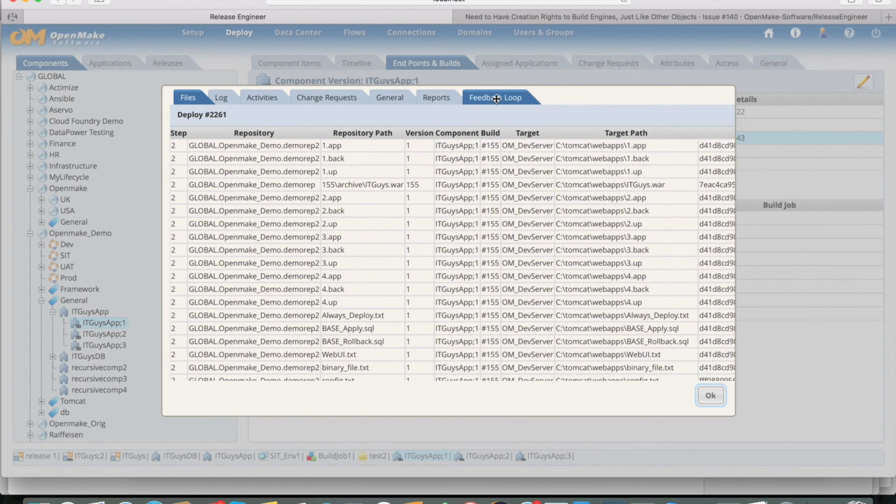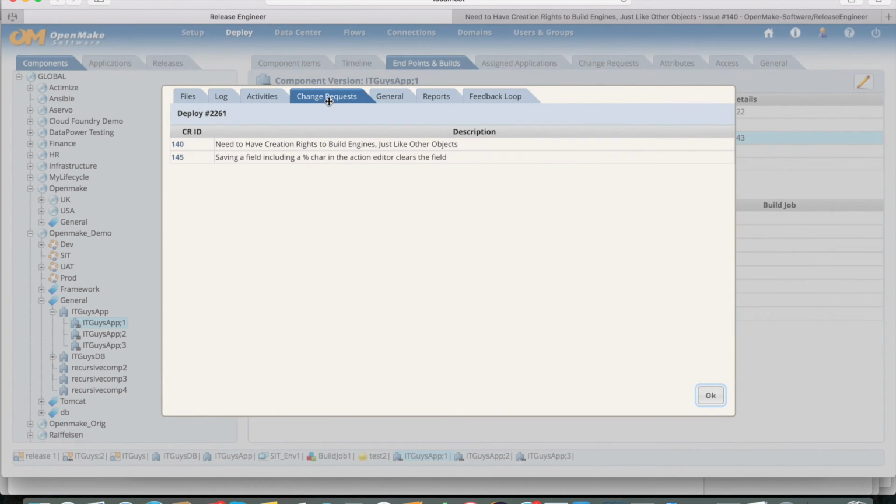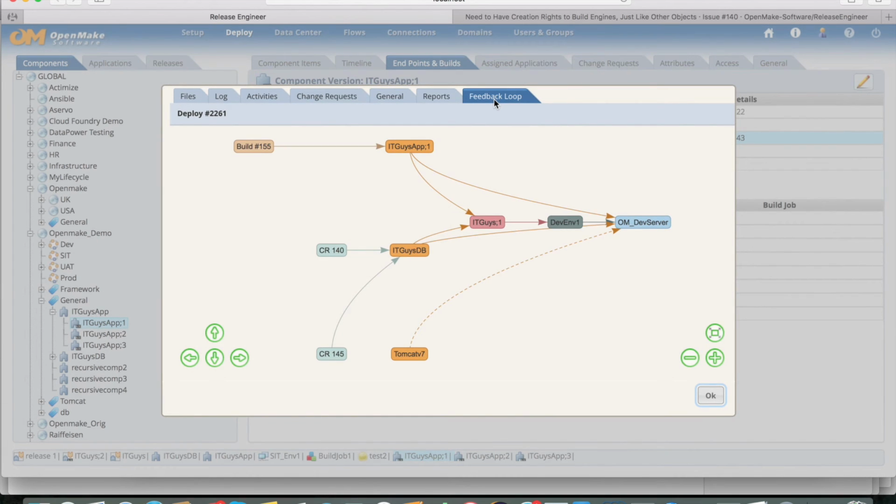but we've also added a feedback loop onto this, and change requests. So the change request tells you the change request IDs that form part of the components or applications that were deployed. So you can see what was fixed or should have been fixed as part of this deployment. And the feedback loop extends that to show you what has been deployed and also what caused that deployment to